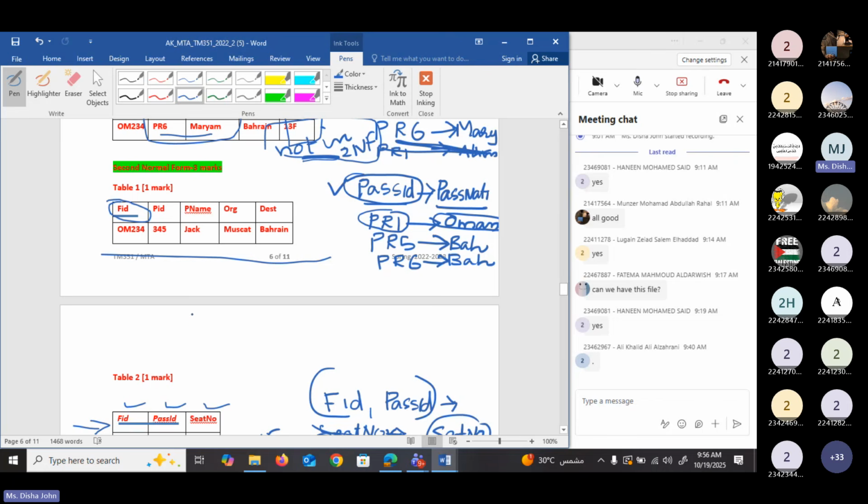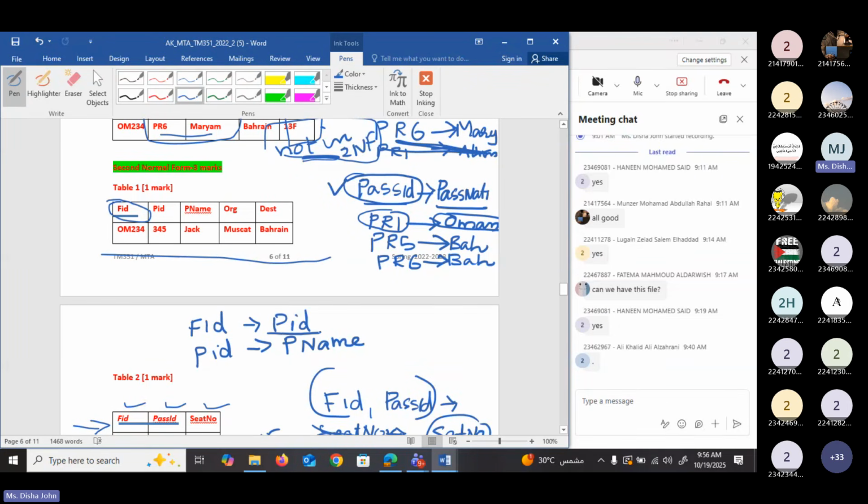The primary key is flight ID. If you know the flight ID, then I can find out the pilot ID. Then if you know the pilot ID, then I can find out the pilot name. Just look at the dependencies that I wrote here. Here we have flight ID and pilot ID.